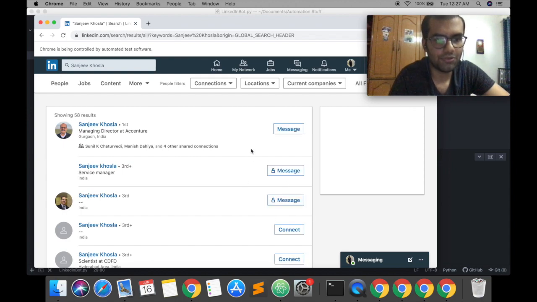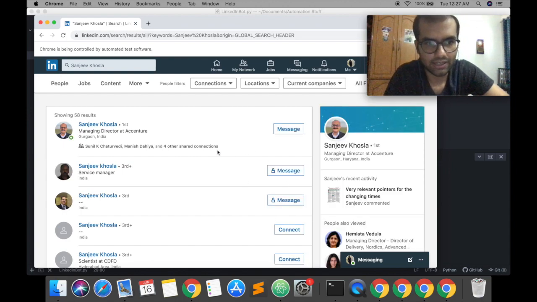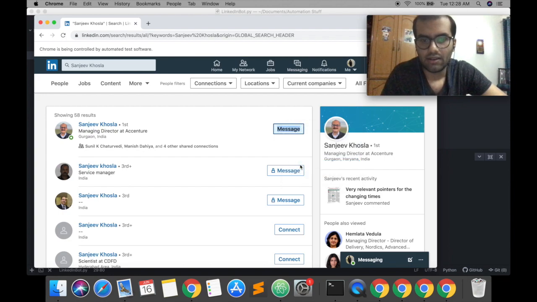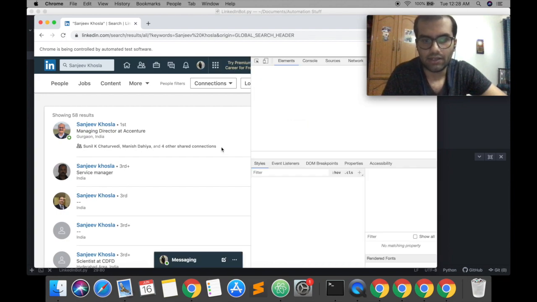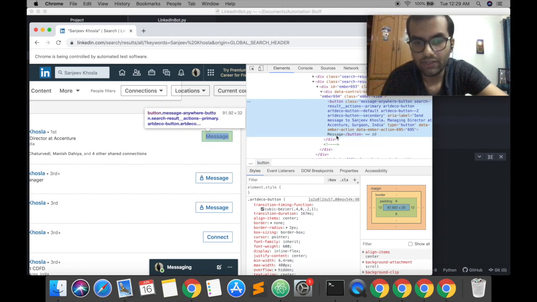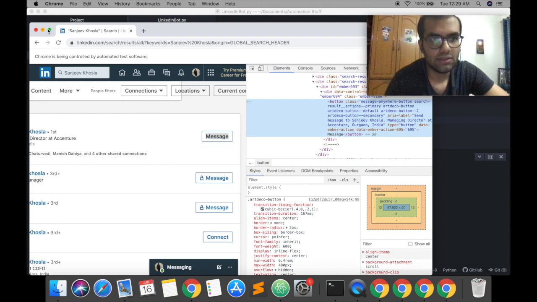Cool. So we've noticed that it's pressed enter and we're right here. I can see my dad's page right there, and we're gonna want to message my dad. So for message we're gonna have to press this button again. So we're gonna inspect element again. So we'll inspect. Cool. So over here you'll notice that we have a button tag, and this button tag has the word message on it, which is the text that this button tag holds. So that is how we will identify this, the HTML of this, and ask it to click it.